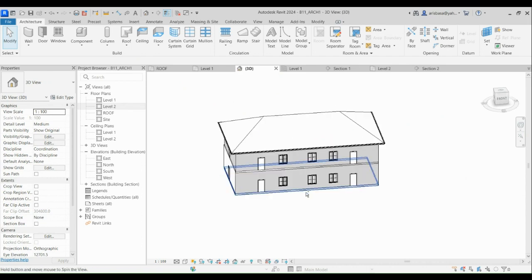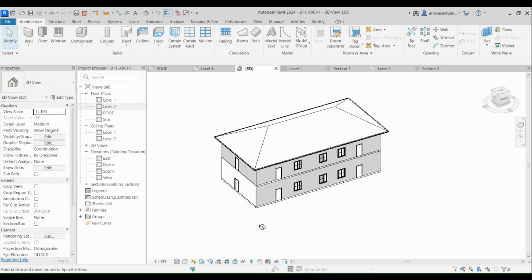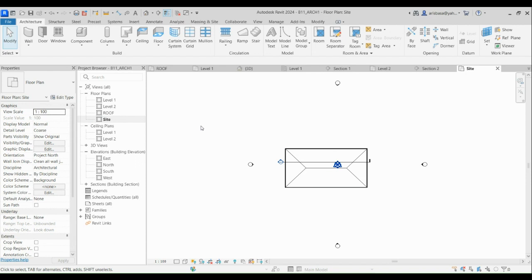That is your view. So what else can we do when we are starting a project? Of course, you cannot have a building without a land. You have to have a land first, your plot of land. So where do we do that? We do that at the site plan. So click on site plan